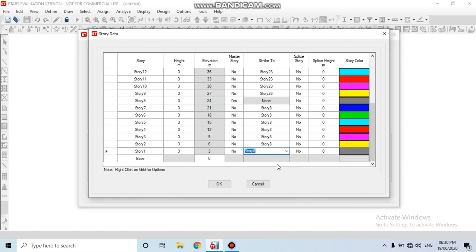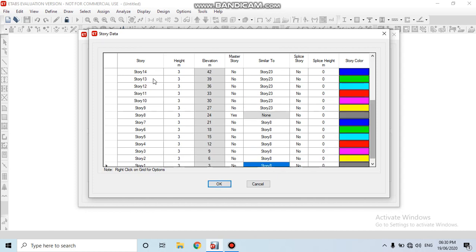Then now set the similar stories from 9 to 14. Set the other master story similar to story 14.